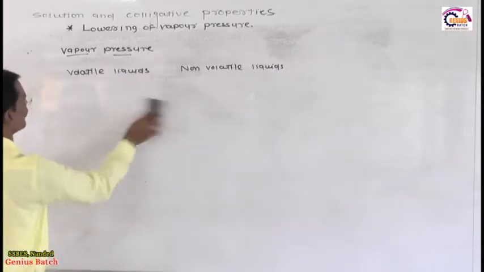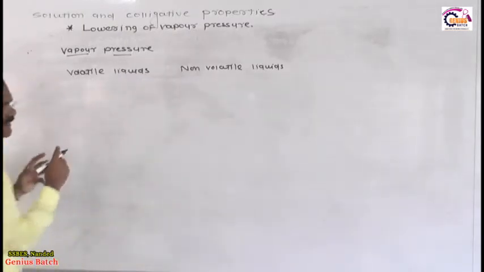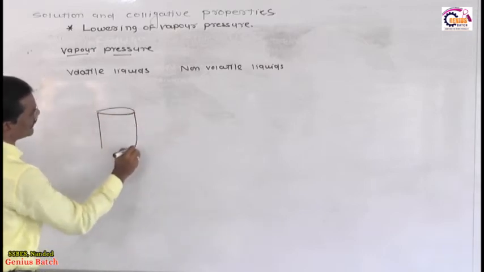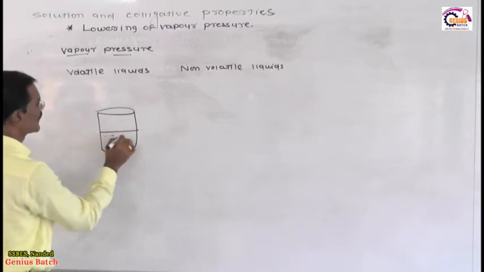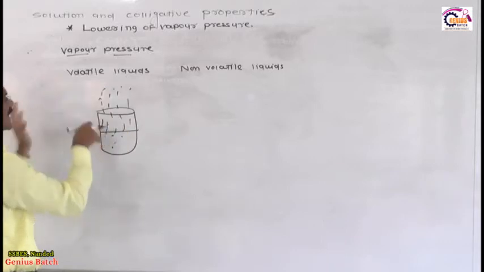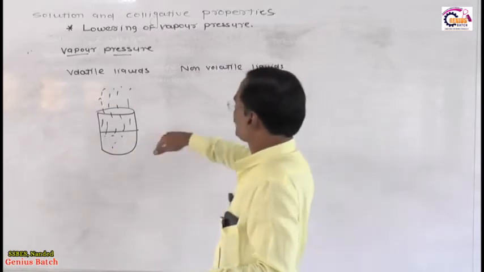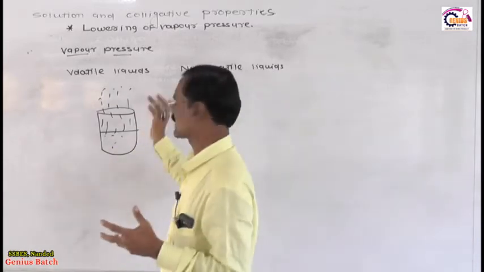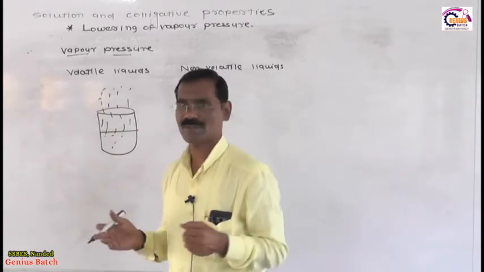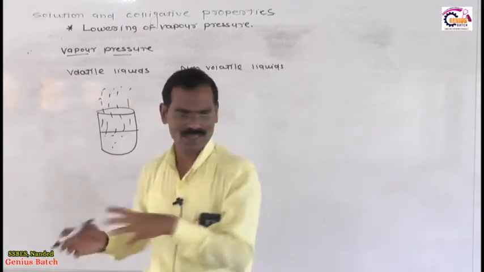Suppose we have the next and very interesting phenomenon related to this. Suppose these are the liquids, and this is benzene or any volatile liquid. The vapors present on the surface area escape into the atmosphere. Obviously, the vapors that are on its surface easily enter the atmosphere. Now if vapors enter the atmosphere, then at that time equilibrium is not established. But what happens? See toward this board, I will explain you.